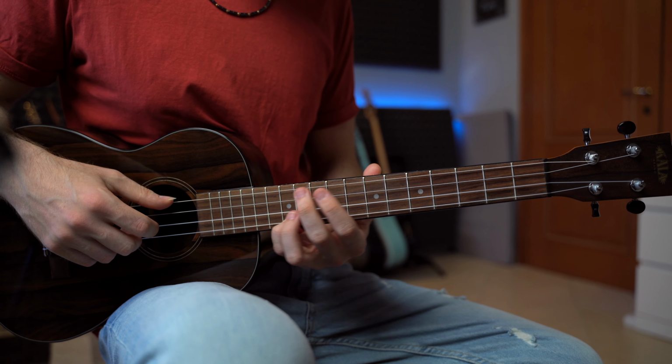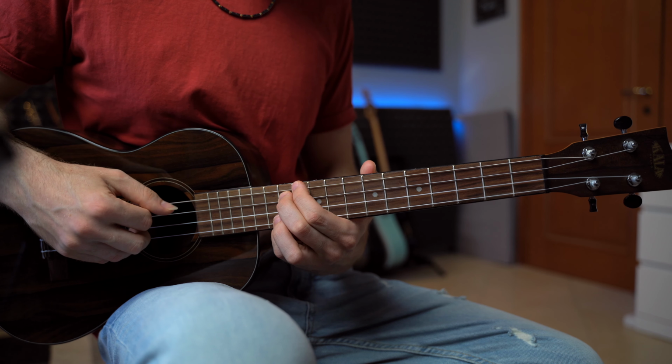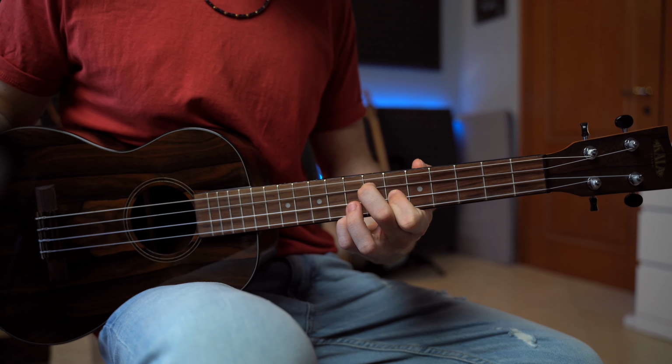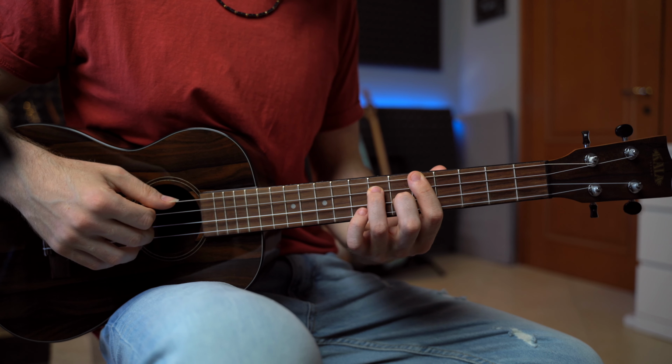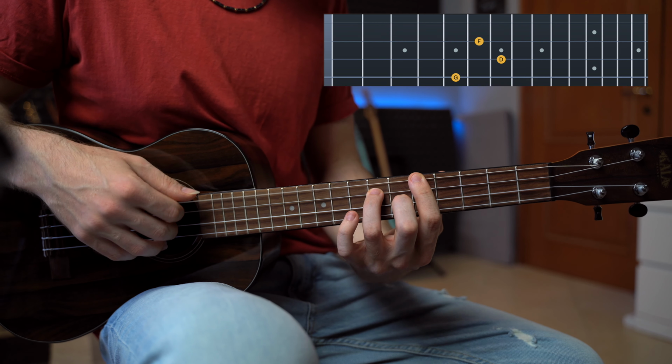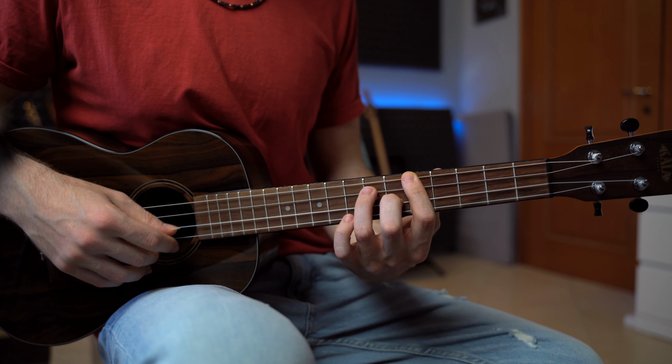Fret number 8 and the D minor 7, which is 0, 7, 6, and 8. So be careful with this section. Now G7. So I'm playing 5, 7, and 6, and the melody on the fret number 8,